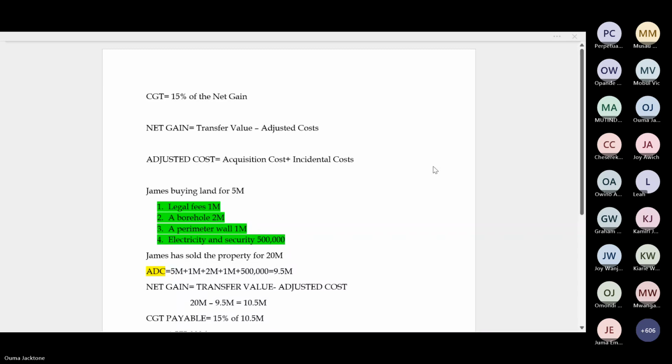Sorry. So in terms of large value payment systems, these are payment systems that are put in place to facilitate the payment of large amounts of money. Let me just call it that: large value payments, gross payments. Anything that is above 1 million is considered a large value payment. So if you are facilitating payment of 1 million shillings and above, it is considered a large value payment system.